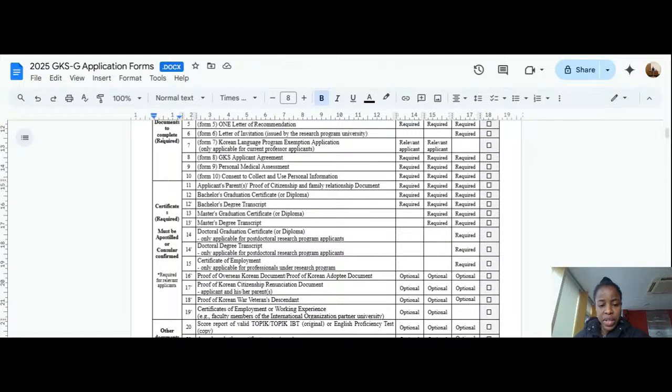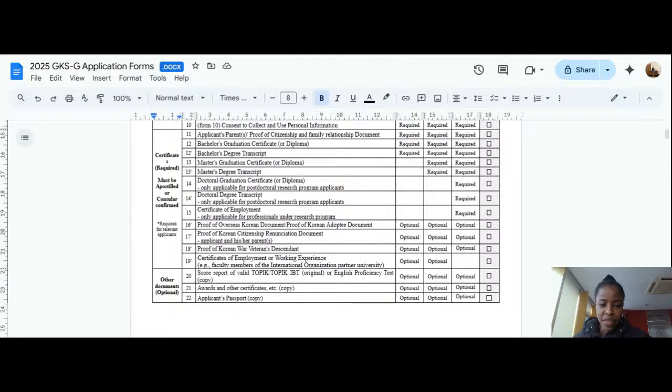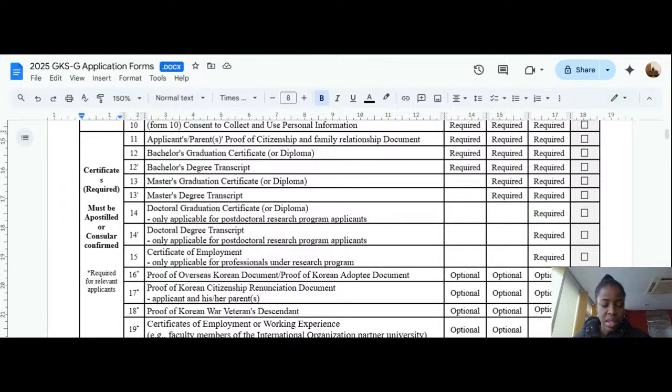Bachelor's graduation certificate, you have to provide it and check. Bachelor's degree transcript, provide and check. And then this is for master's degree. I think I should zoom in a little bit on this. And then for master's degree, for doctoral applicants, they have to provide their master's graduation certificate, master's degree transcript and